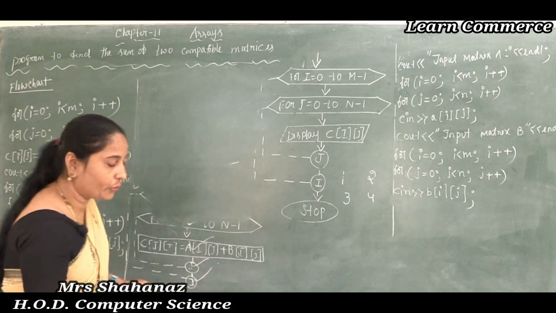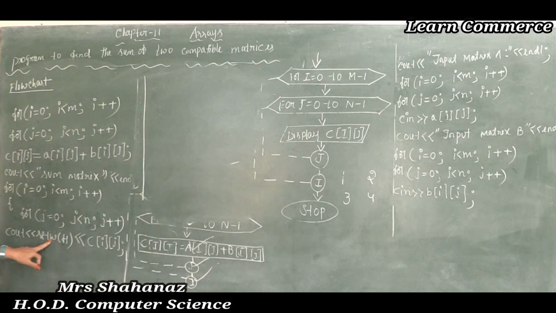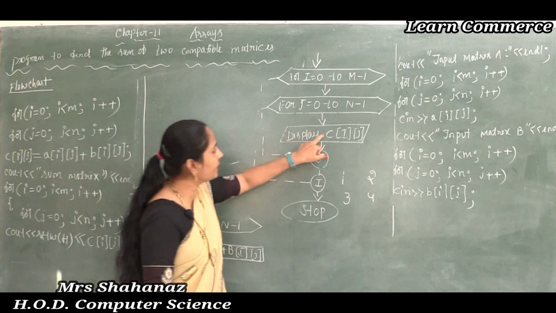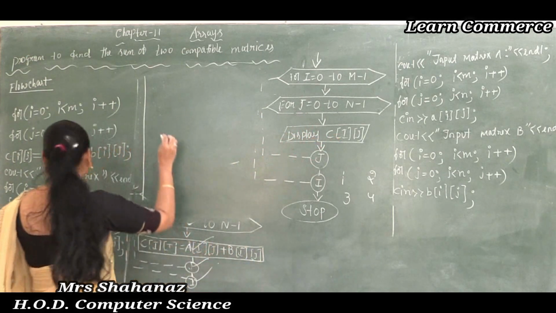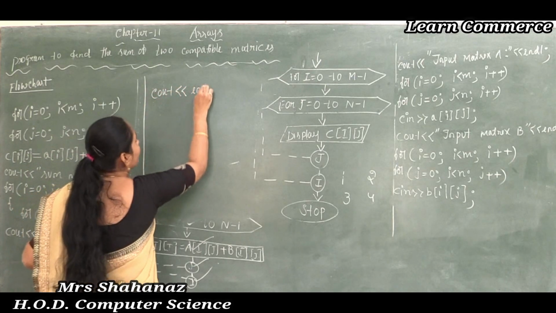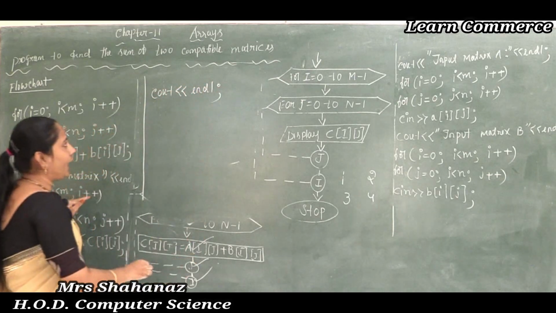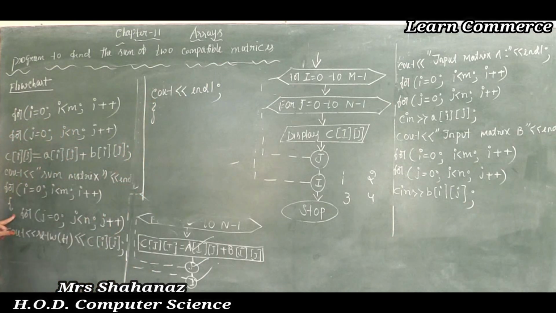So how to use in this case? So in our C of ij, okay, after completing I am going to write there here. So as we know that now we are going to show the results, okay. Now we are in this point here, display C of ij, and later next one after that I want to show the result one by one here. So I am using the cout endl. Clear this one, the cout endl. Then later next one, closing of the flower bracket.